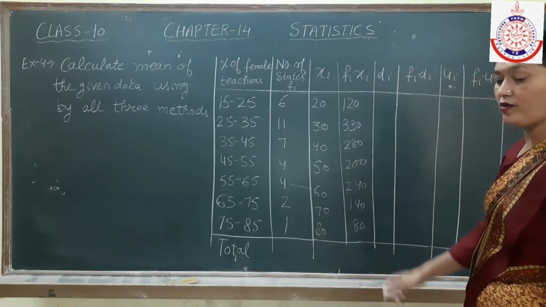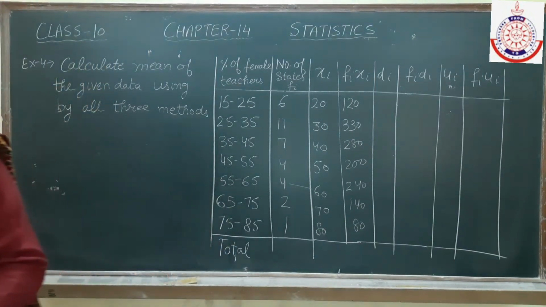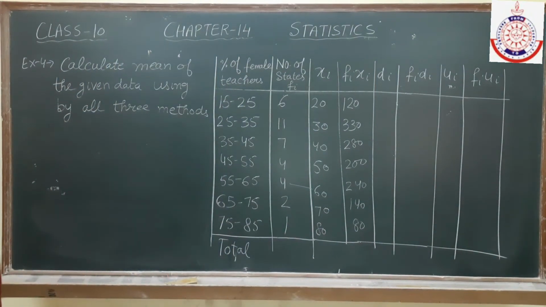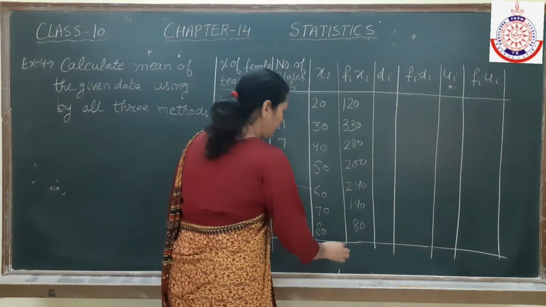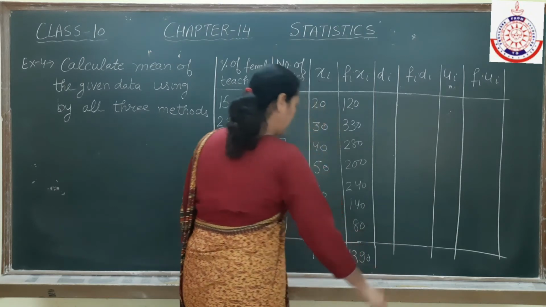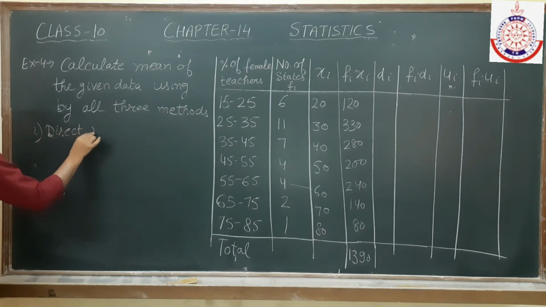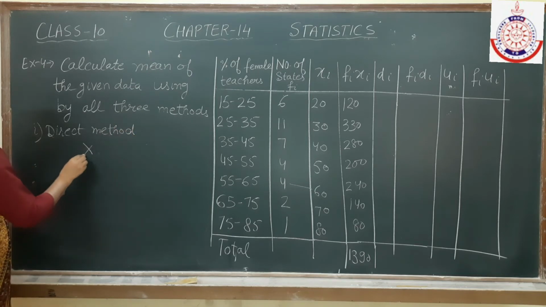So we'll be adding all these values and by addition we'll get the answer as 1390. So first one, by the direct method, mean will come out to be